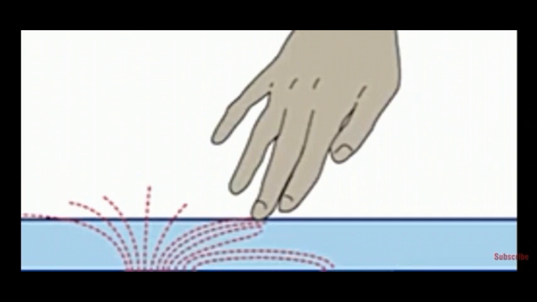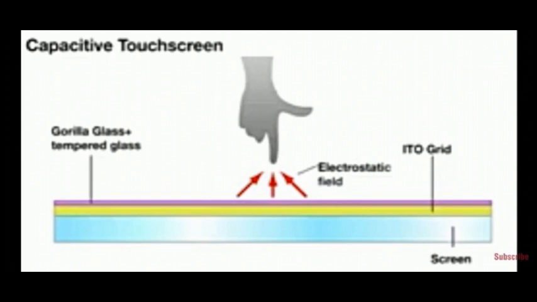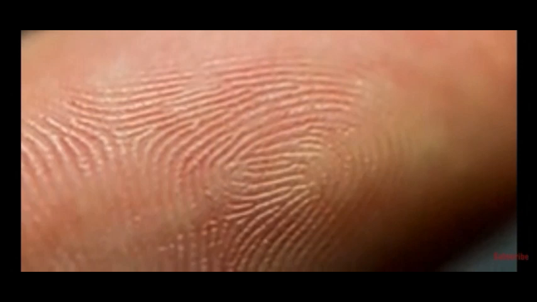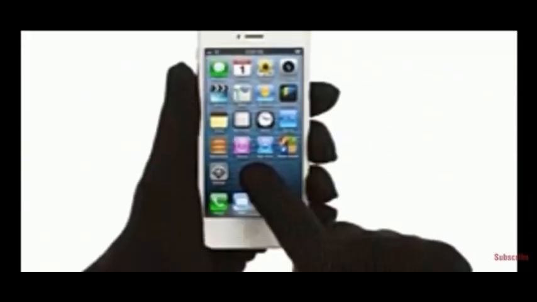When you enter your finger in this electrostatic field to touch the screen, due to your skin being conductive, it changes the electric field and the voltage drops, which is detected by the processor, and then we get the response of our touch. It also detects multiple fingers. In capacitive touch screen, to disturb the electrostatic field, you need a conductive thing like skin, because skin has electrons, protons and ions. Hence, if you use insulating material to touch it, it won't respond.